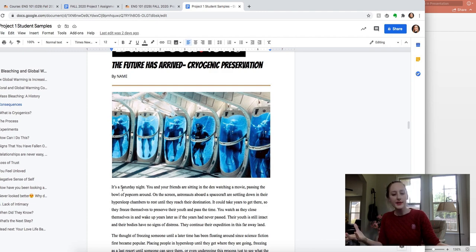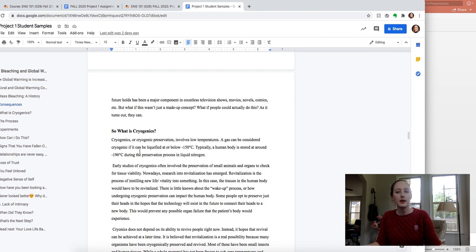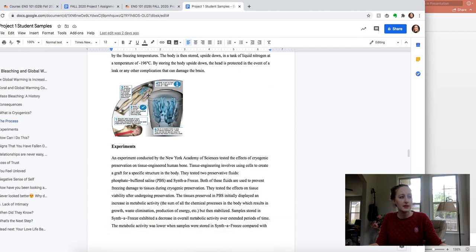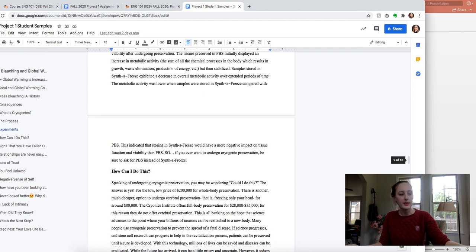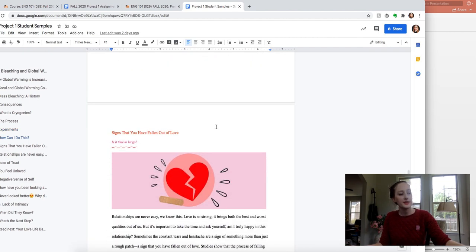They had a really fun, lighthearted voice because it was for BuzzFeed, so it is different than say the New York Times. Something that's really important to note for Project 1: you need to make sure that you talk about the research. Like, what is the context behind it? Why was this study done? You can briefly explain their methods, like how they did this experiment. But you don't want to get too detailed.